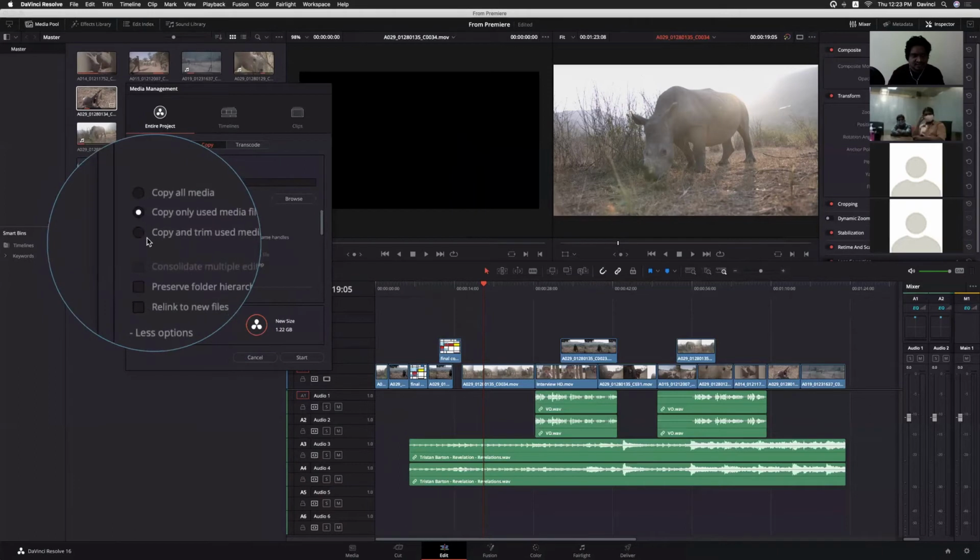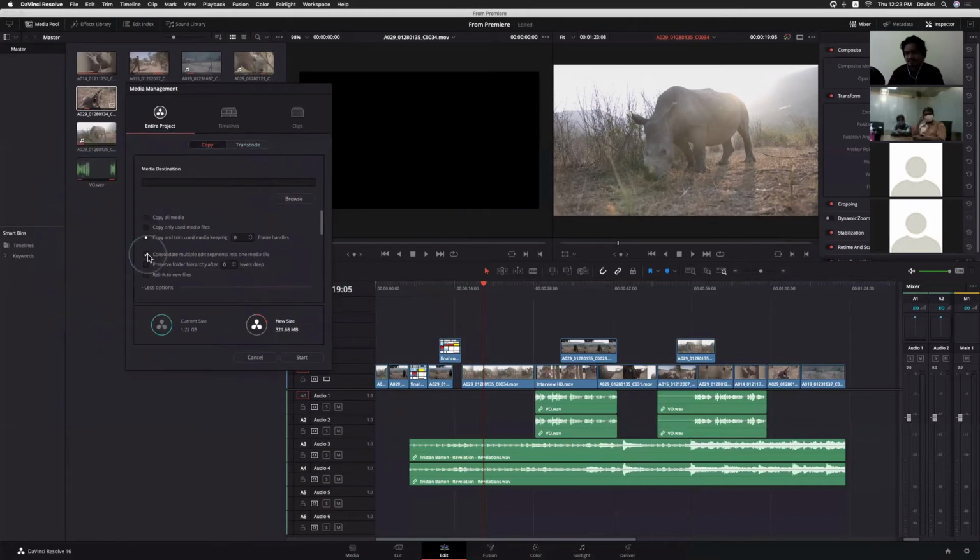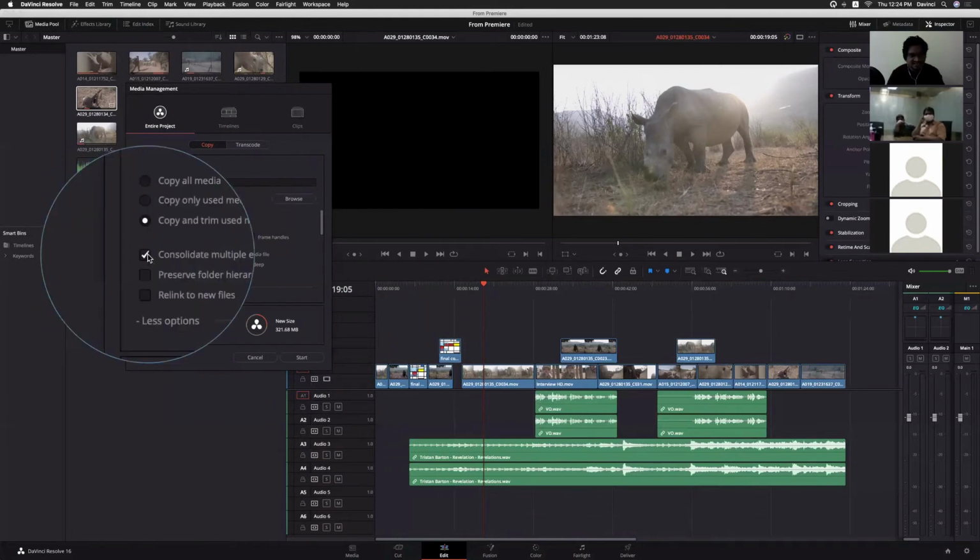Okay, copy, consolidate means it will put everything in a single media folder, so that after importing the timeline in a different DaVinci Resolve setup, you can relink everything easily by using the consolidate option.